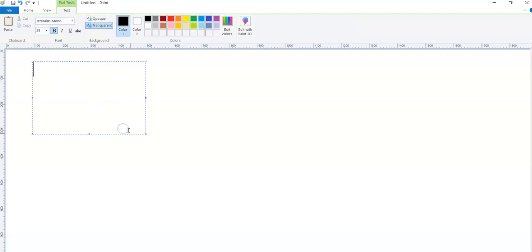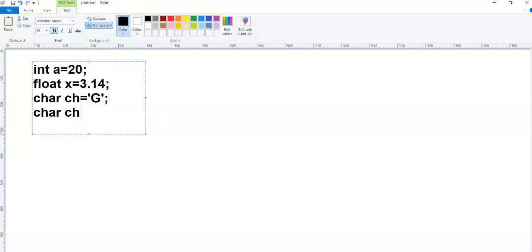So normally we know that whenever we use integer, I can store a number like a is equal to 20. So 20 is the integer type. To store the decimal value, I can use float x is equal to 3.14, something like this. And to store a character, we have char, and the character is represented by single quotation. And if we want to store a name, we use char and we give the size, or you can store it like this within the double quotations.